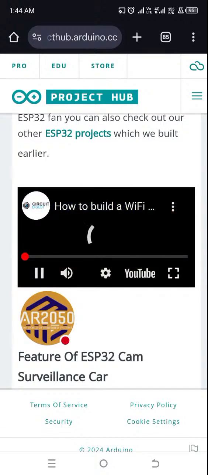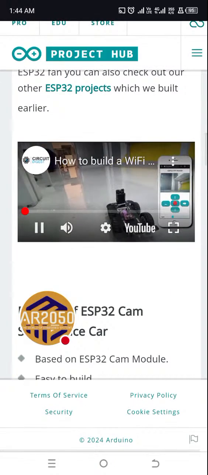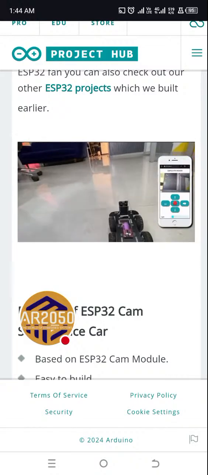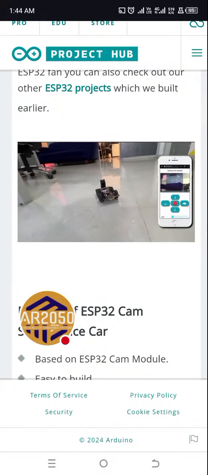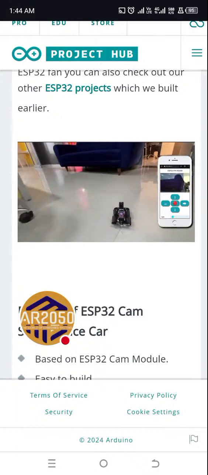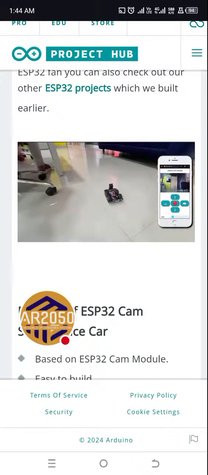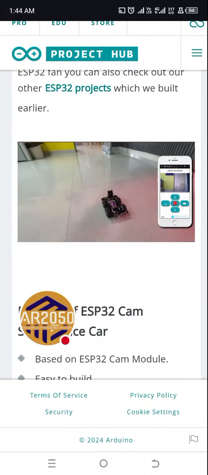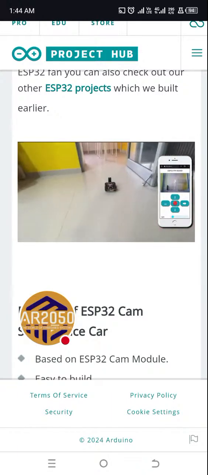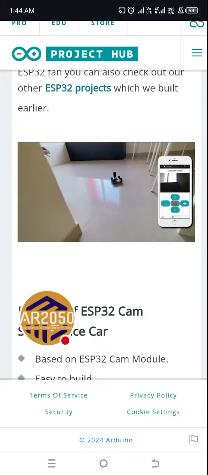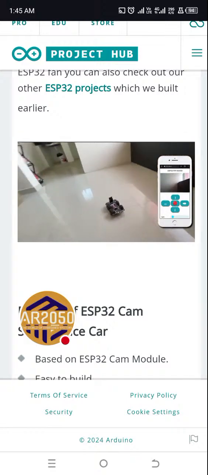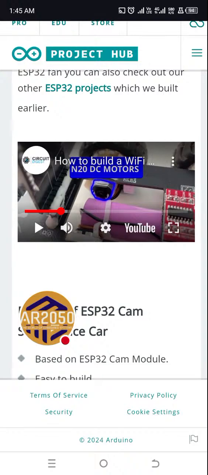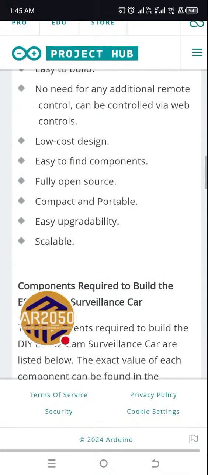Let's watch a demo video. Here you can see they are moving the car with the ESP32 cam, and they are also controlling the car with the control buttons: forward, reverse, right, left. So this code will come very handy. Okay, so moving back,